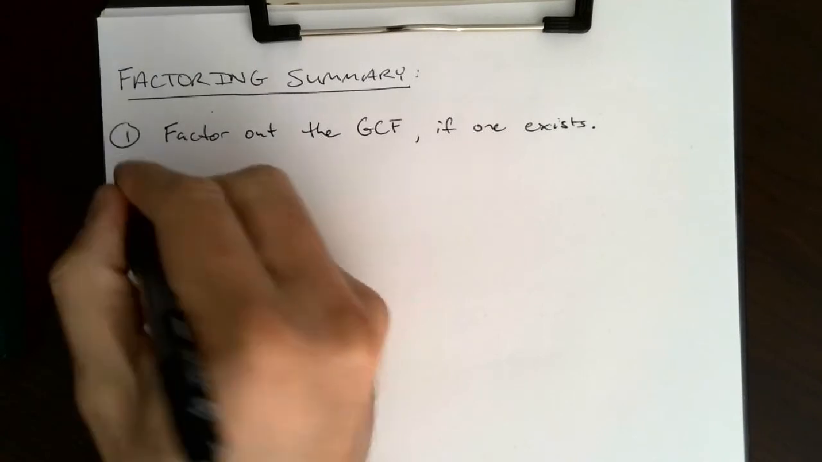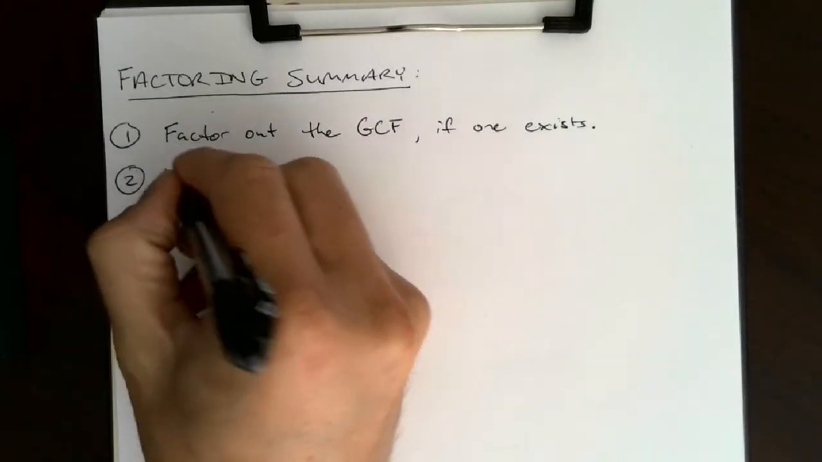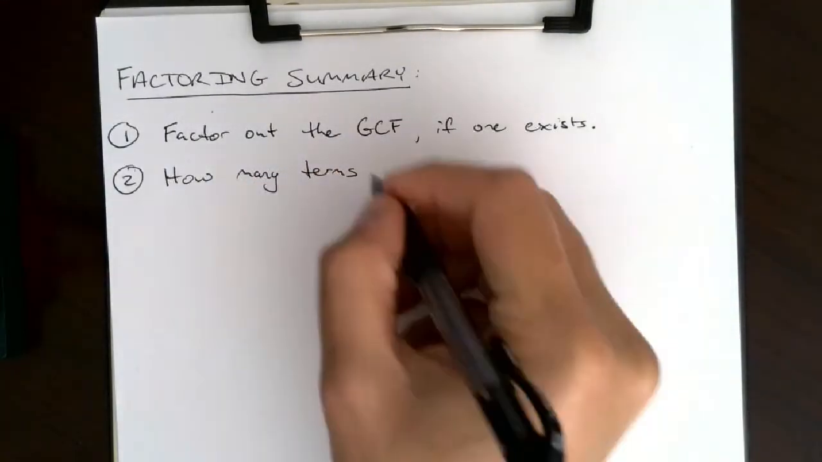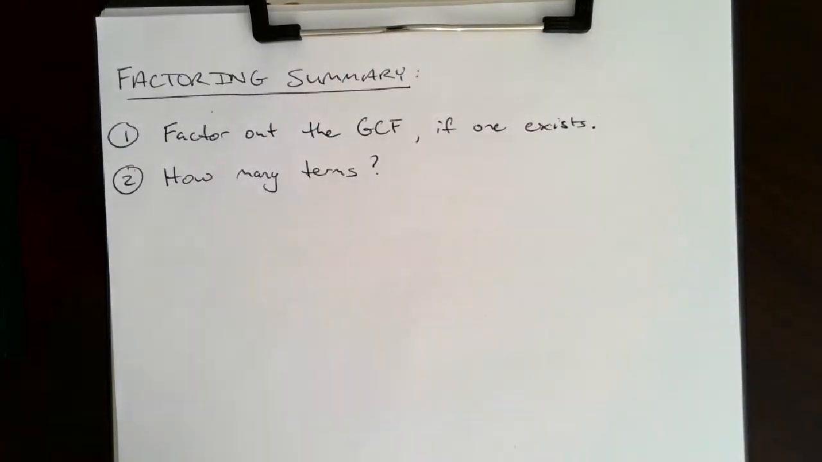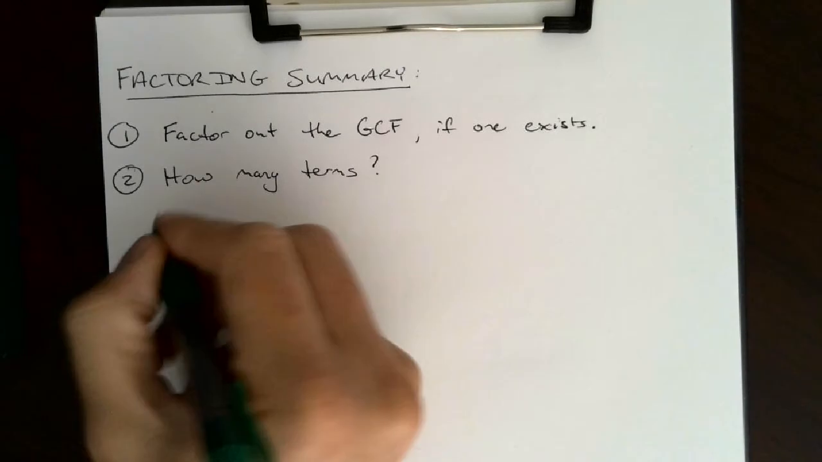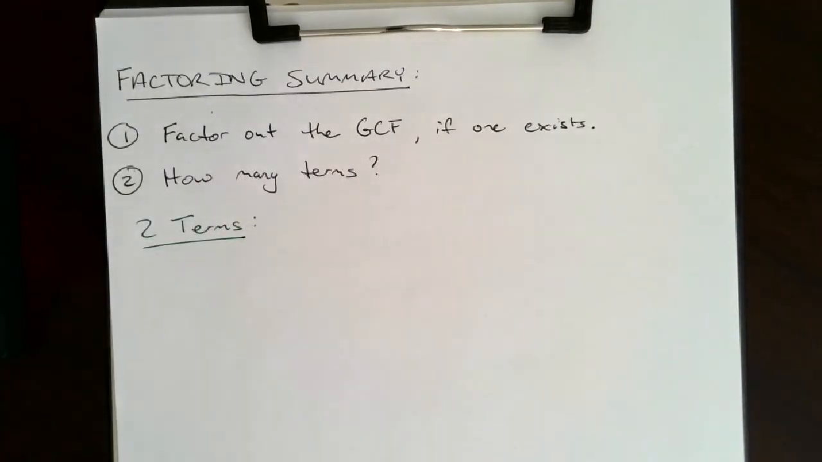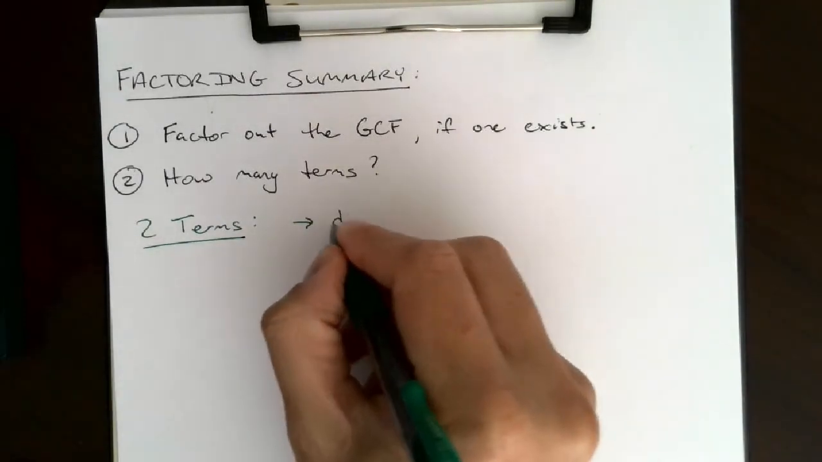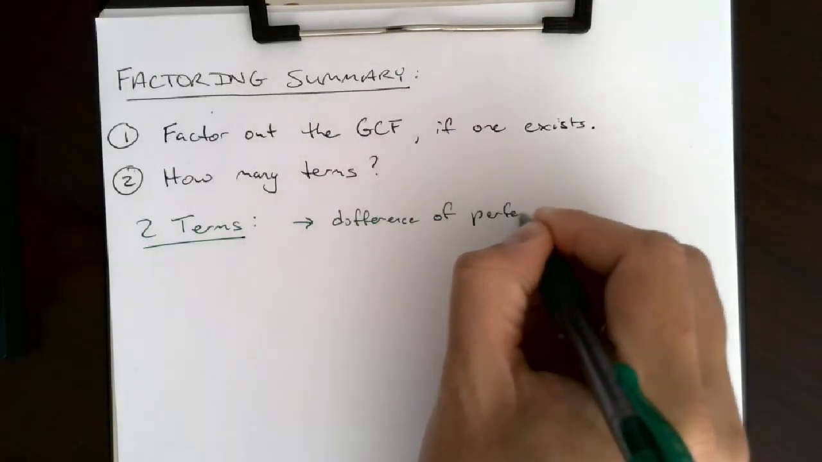So the second step, after you factor the GCF out to the front, you're going to look at what's left inside the parentheses. And what you really should be asking yourself is, how many terms do you see? Now, if inside the parentheses we have 2 terms, you should be checking for some very specific things. You're either going to check for the difference of perfect squares,